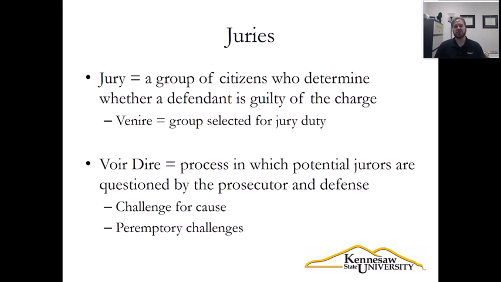Or things like that. In death penalty cases, we have something known as the death qualified jury, which means that you have to ask the jurors if they would be willing to give the person the death penalty if they were convicted. And if they say no, you can challenge for cause and say that they're not a death qualified jury. This leads to a lot of issues though, because most of the people that would be pro-death penalty are also more conservative and more likely to convict people anyway, and so that makes the prosecutor's job a little bit easier.